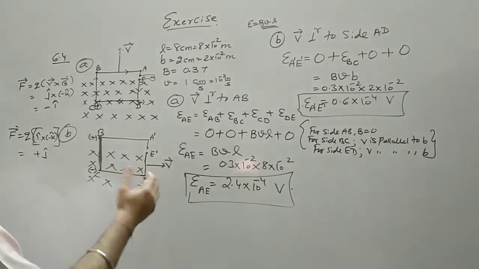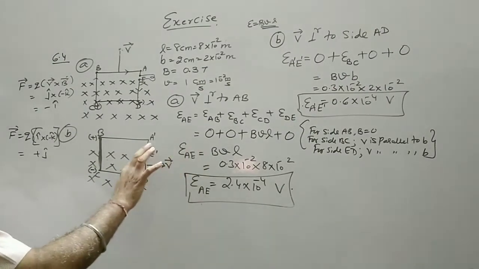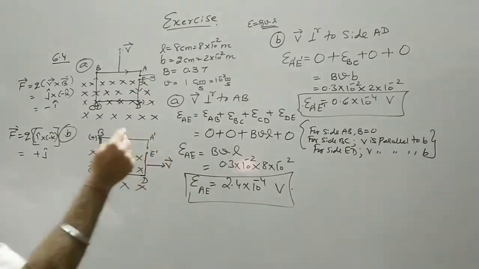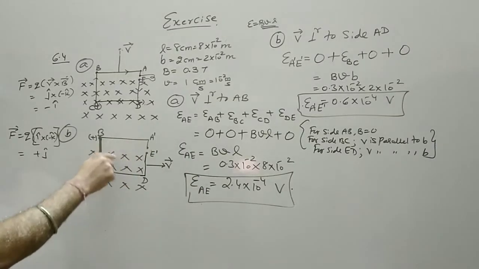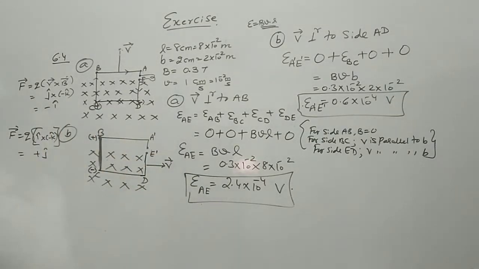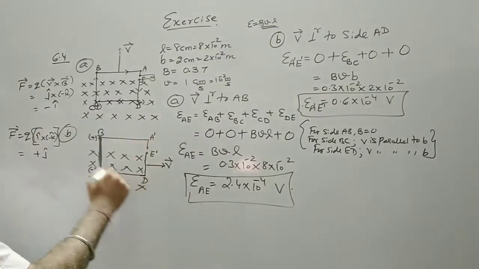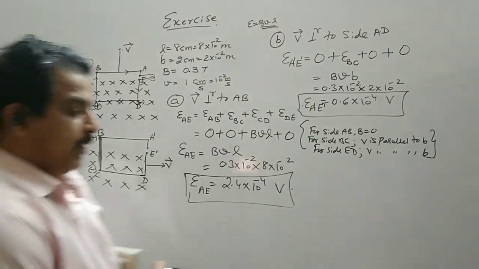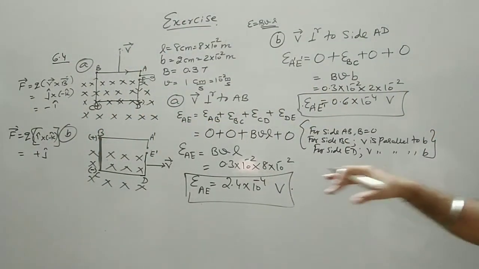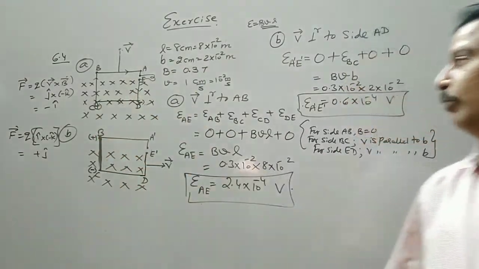Or it should oppose the change. The field line should not decrease. See, this portion has come out as compared to this portion. So the field line should go in. So again, it will behave like a south, or this face will behave as a south. Then the current flowing will be in the clockwise direction only. So the current is not asked because they have not given us the diagram. We have taken the field to be going into the plane of the board.